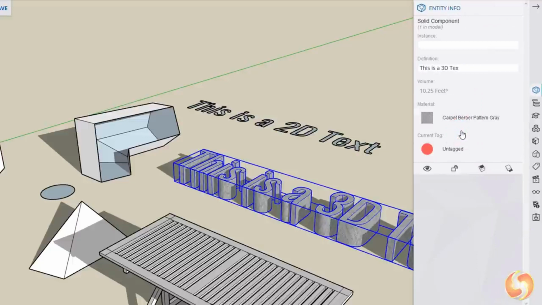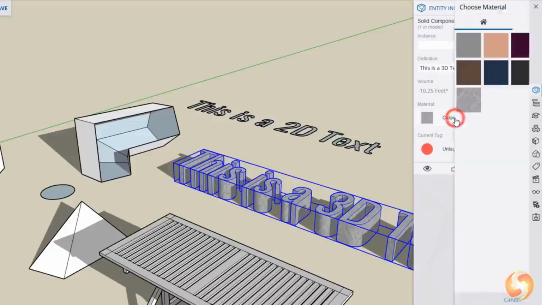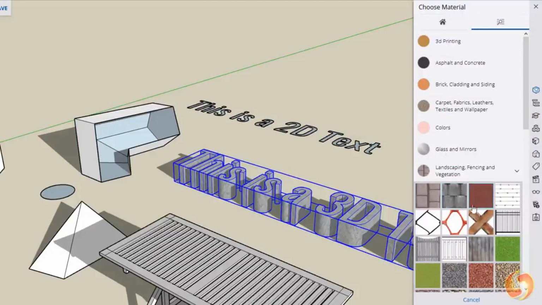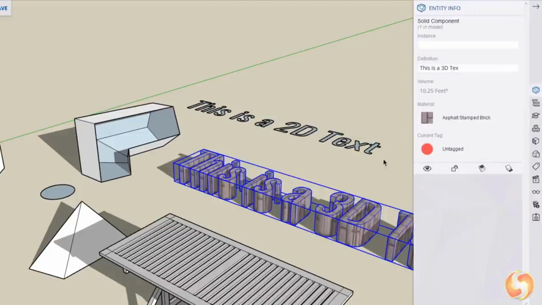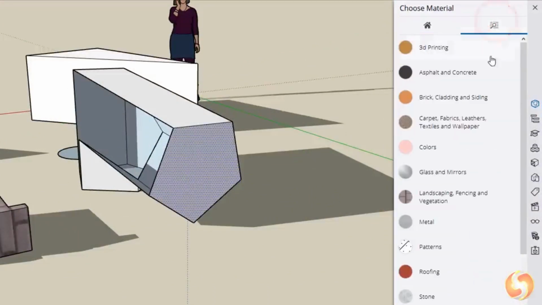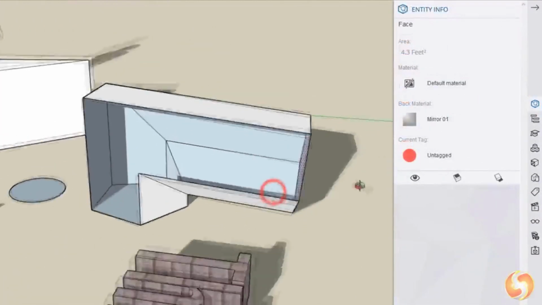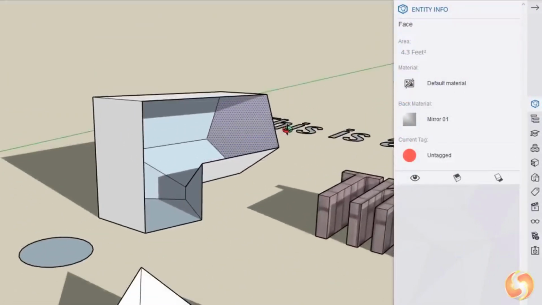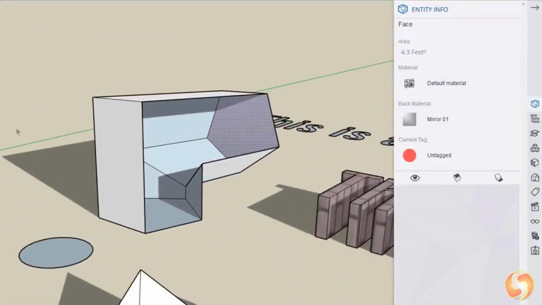From the Entity Info panel, you can go to Material to apply several materials such as metal, glass, or patterns. On Back Material, you can choose another kind of material for the back side. These materials are applied on the whole object in case this is grouped.